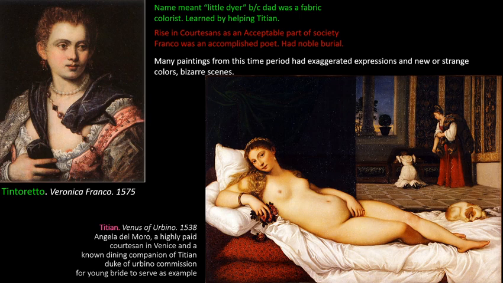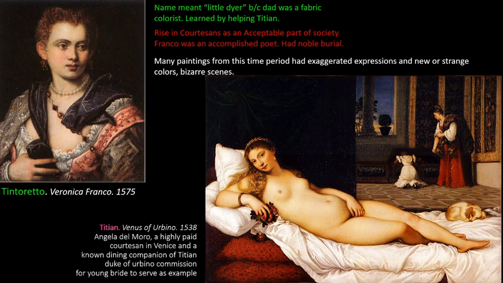But no matter what, when they're painted, they don't give 100% dignity to her. So in Veronica's image, she is sort of haphazardly dressed. It looks like she's putting her clothes back on. She's not fully clothed yet, and a little bit of her chest is peeking out there. So she's a little bit indecent and needs to complete her process of getting dressed. Angela del Moro, since she's posing as Venus, is completely nude.